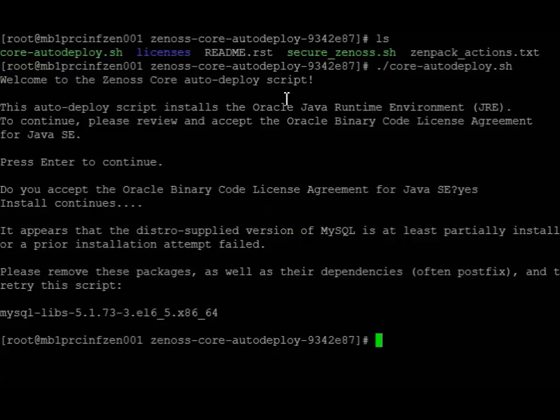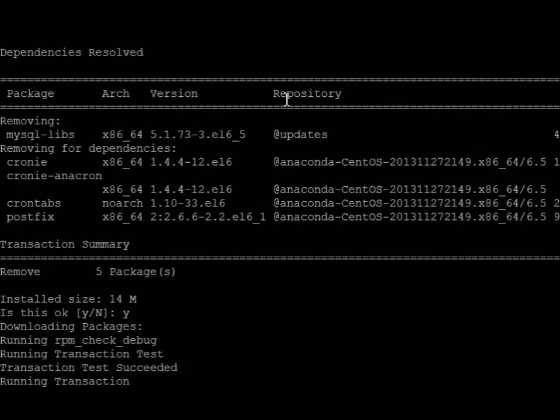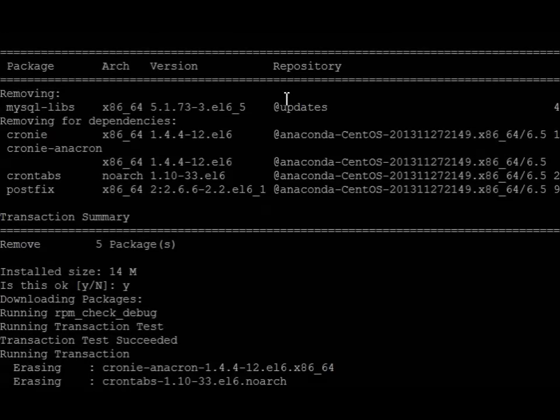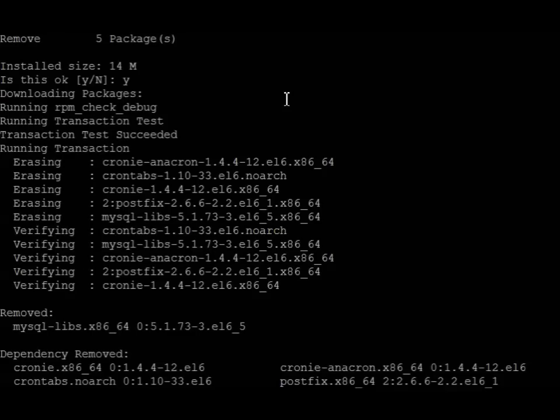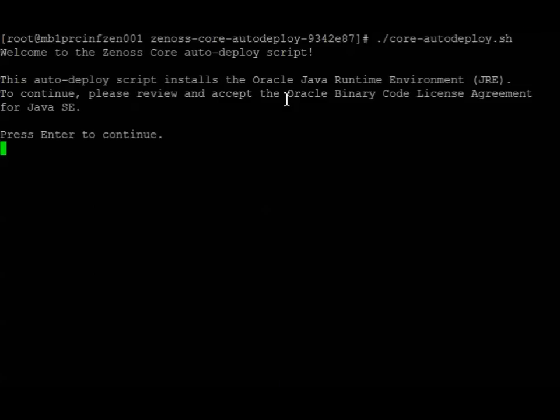Okay, so it wants us to uninstall this dependency. And I said this is a minimal CentOS 6.5. So we will yum remove. And those have been removed, and it'll most likely install these back. Maybe it's a newer version and stuff like that. So we'll go back to the install script again and see what happens this time. Start, or auto deploy. Enter, yes,